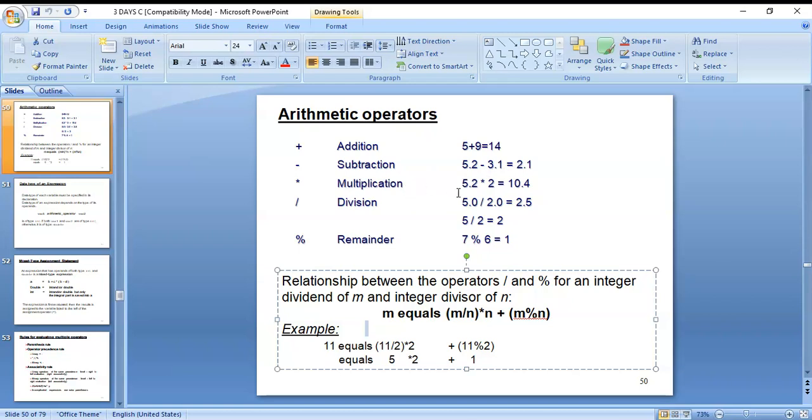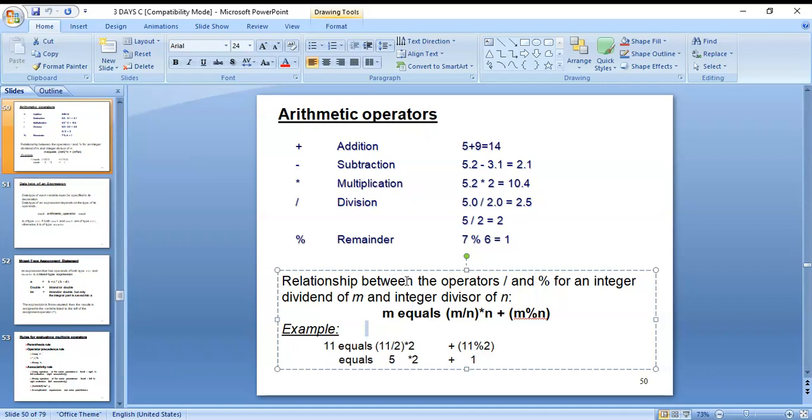Multiplication multiplies two numbers using this symbol: 5.2 times 2 is 10.4. Division: 5.0 by 2.0, both are floating point values, so you get a floating point result. Sometimes you get an integer value also: 5 by 2 is 2.